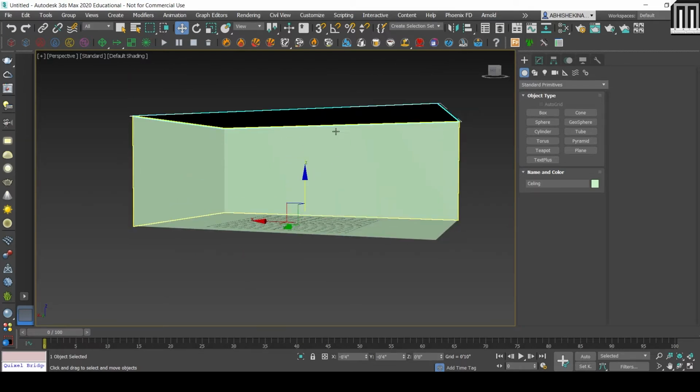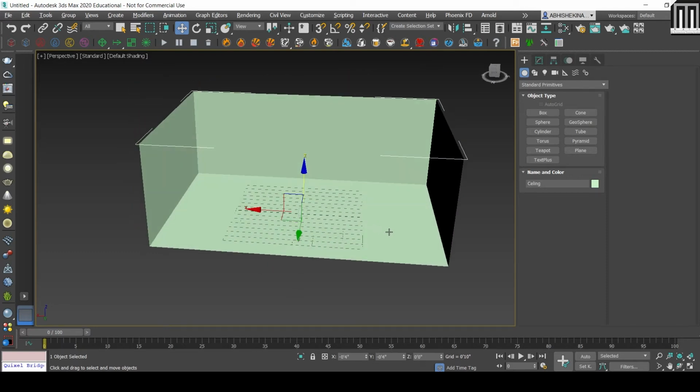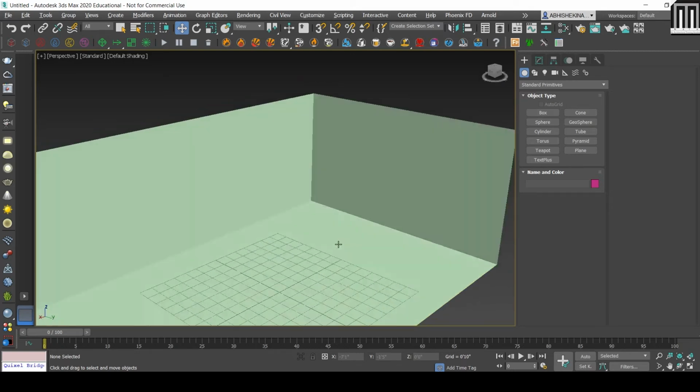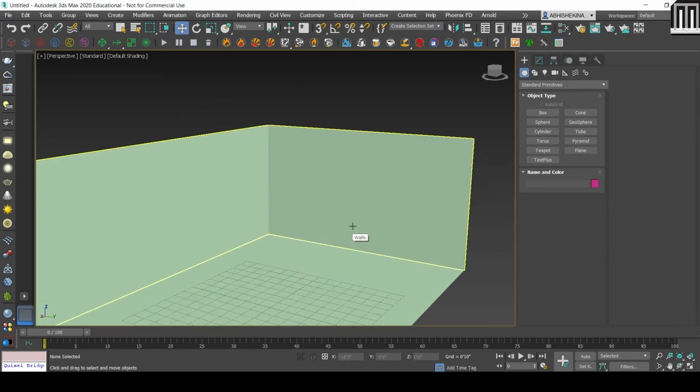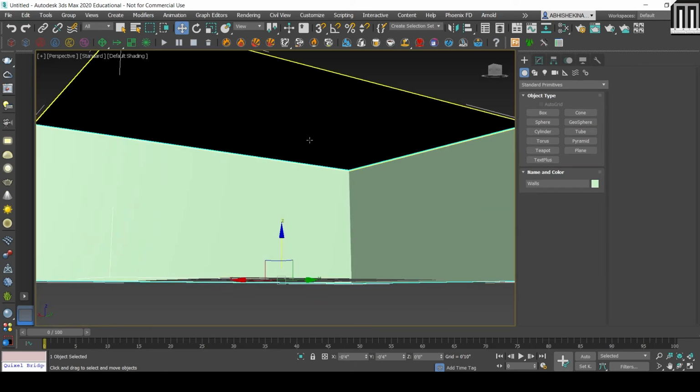This center point is not perfect because see, I am selecting the upper part, but the pivot point is down. What is meant by that? We have to reset the pivot point of that object. Okay, I'll just select this and make sure it has been selected perfectly.